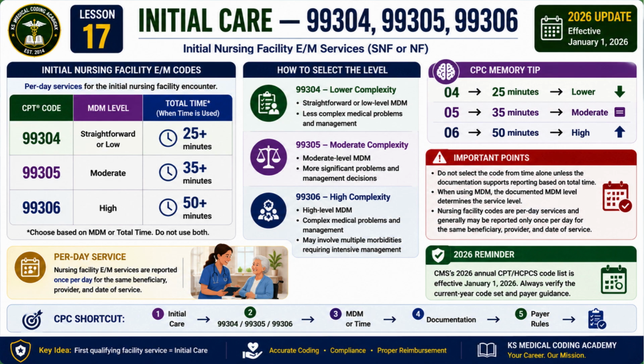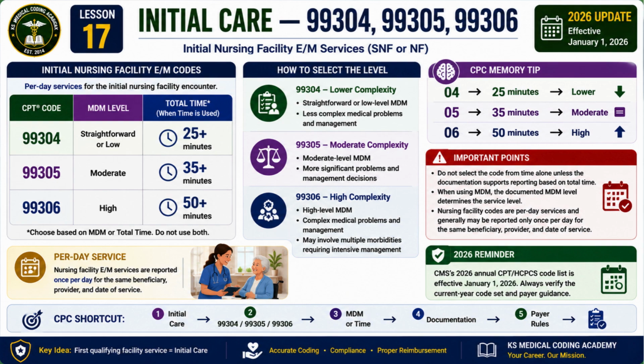99305 represents moderate-level MDM, with 35 minutes or more when using total time. And 99306 represents high-level MDM, with 50 minutes or more when selecting by time. For the CPC exam, remember the sequence: 99304 to 25 minutes, 99305 to 35 minutes, 99306 to 50 minutes. The code may be selected using MDM or total time, according to the applicable CPT rules